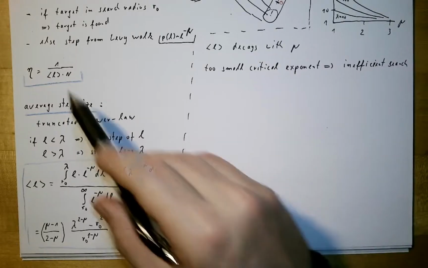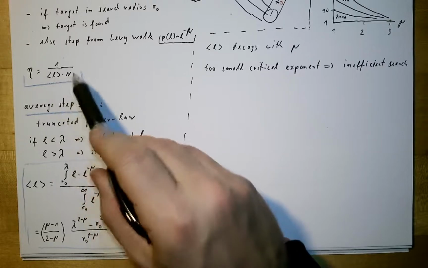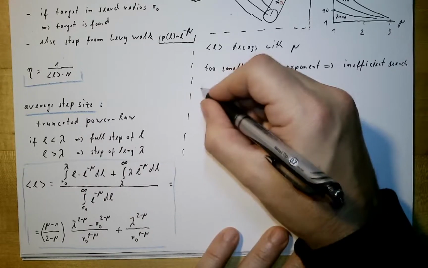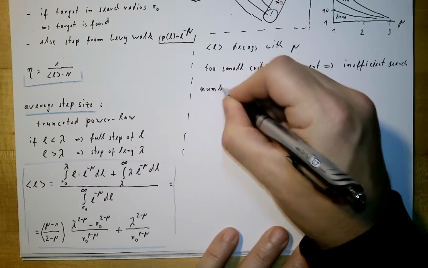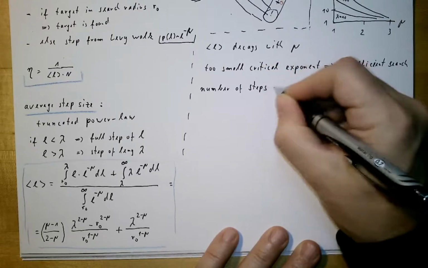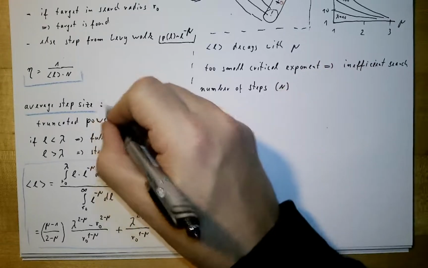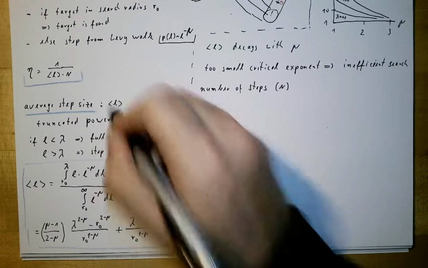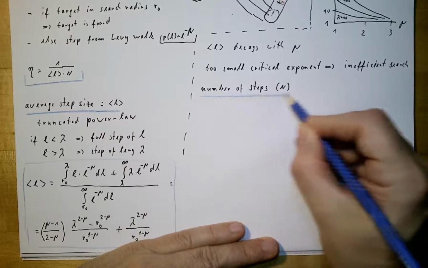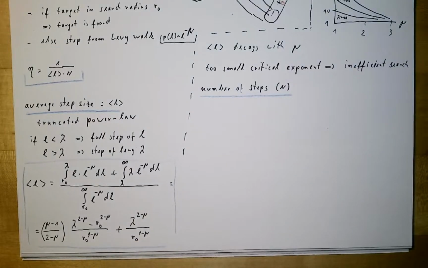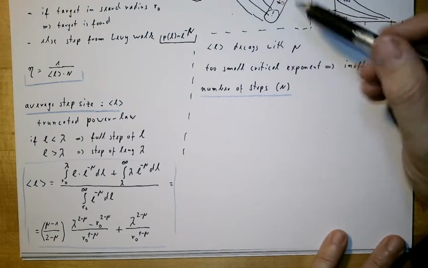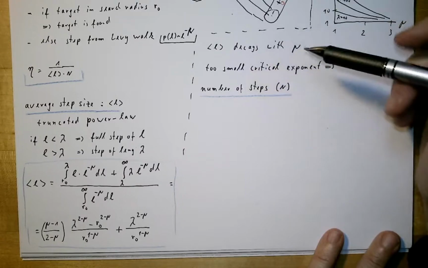So what's the next problem? Like we now calculated this typical step length, now we try to calculate the number of steps. How many steps do we need? So we want to calculate this n. This here was in order to calculate this L here. So this was this calculation. Now we want to calculate the number of steps. And so how many steps do we need? And this depends now on the typical displacement of